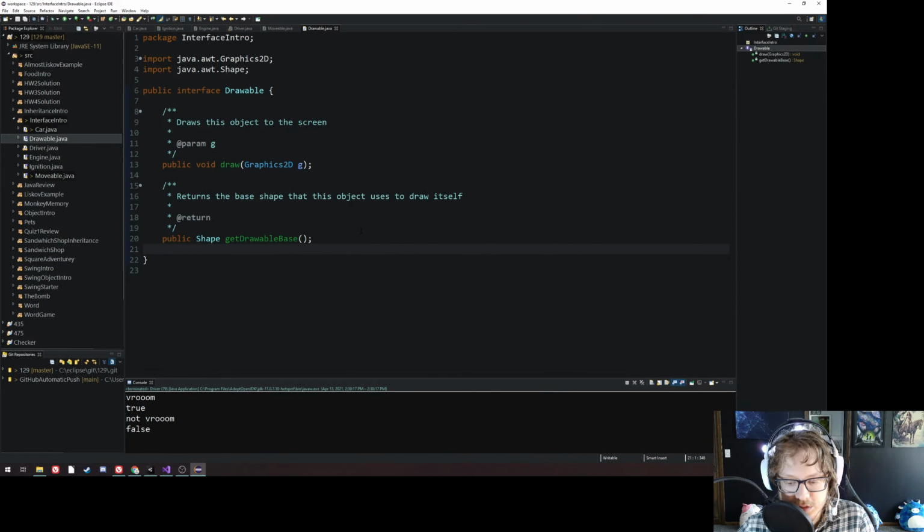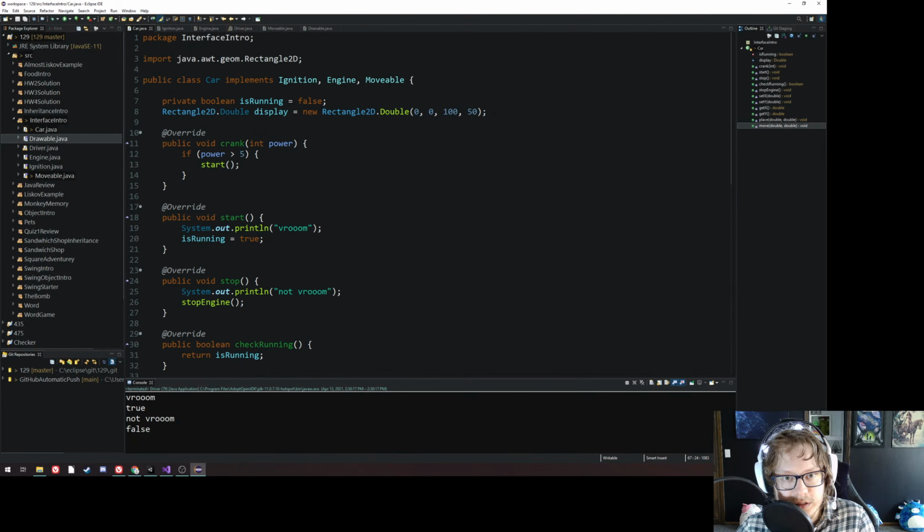Okay, this is going to be weird. We could have a setShape too, but that'd be weirder. We probably wouldn't change the shape. We probably wouldn't change the way an object is drawn, at least not in any of the examples we've done. There are definitely examples where you would, but we've never done that. We always draw the same kind of thing. Except even when we changed from circle to square, the easiest way to do that was to have both and to flip between them. So let's go with this for now and not add anything else to it,